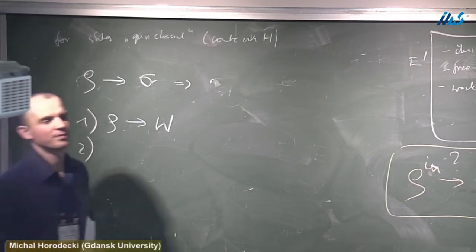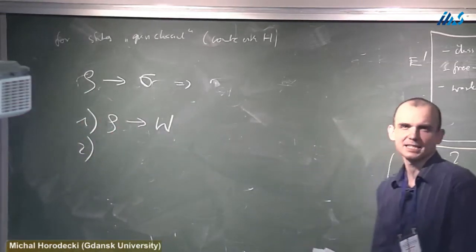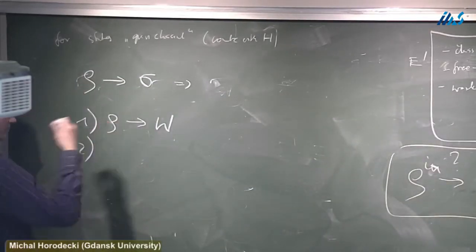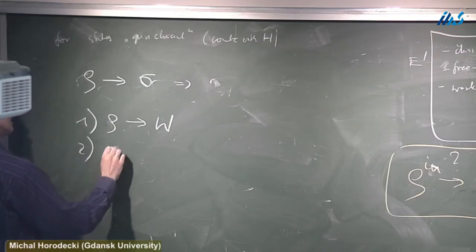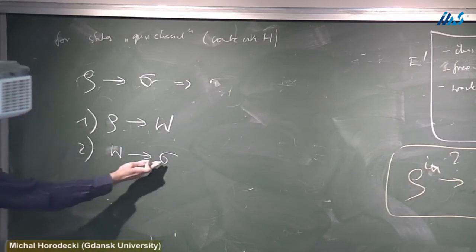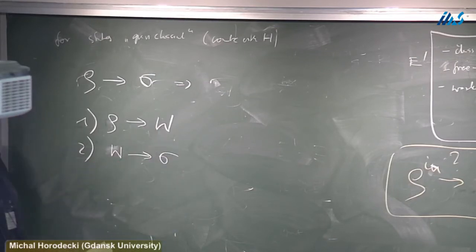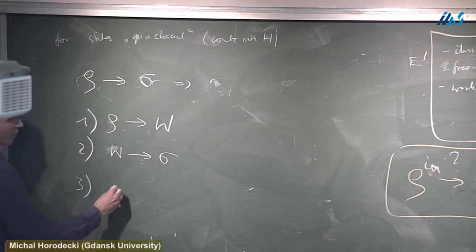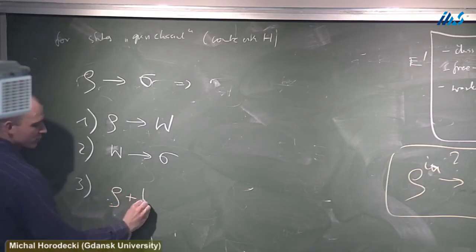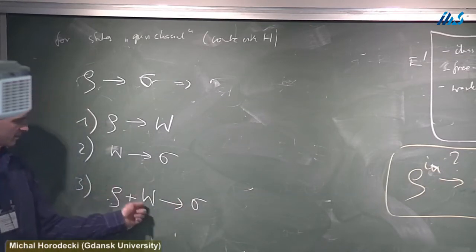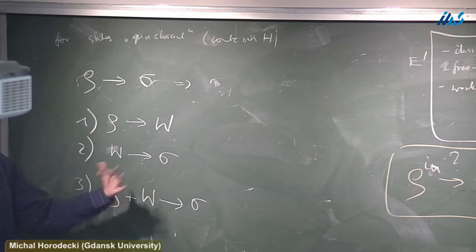Then you ask questions that usually in thermodynamics you wouldn't ask. Well, maybe you would, but it's rare. When you do a Carnot cycle, you perhaps ask it. How much work do I need to create this state out of nothing, out of a Gibbs state? And then you have the most general question. I have state rho. How much work should I add to go to some state sigma? These are given, and I ask how much. Maybe I even get work. Maybe I can get work.